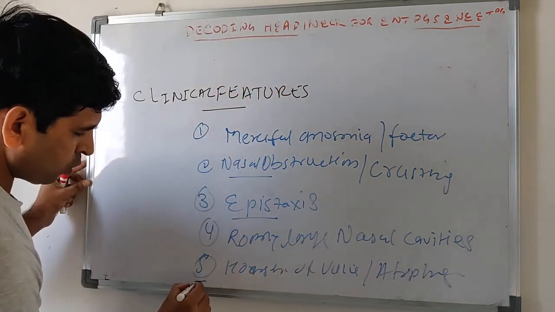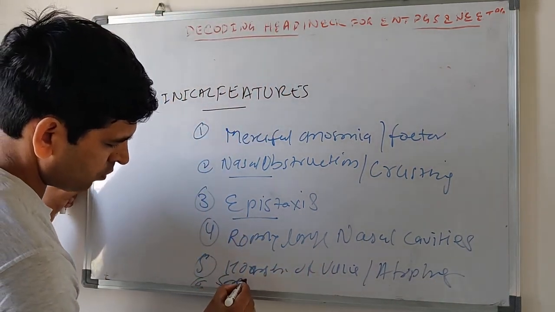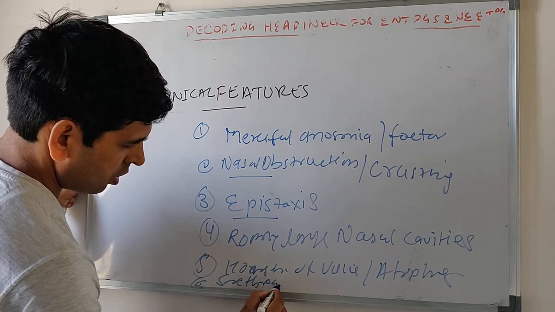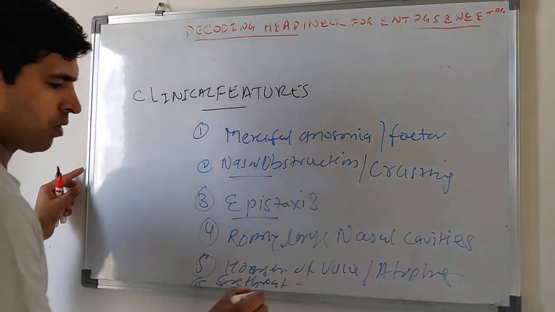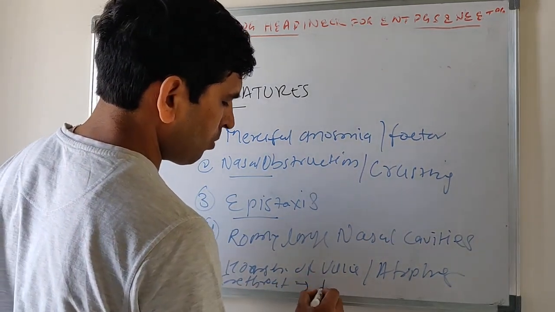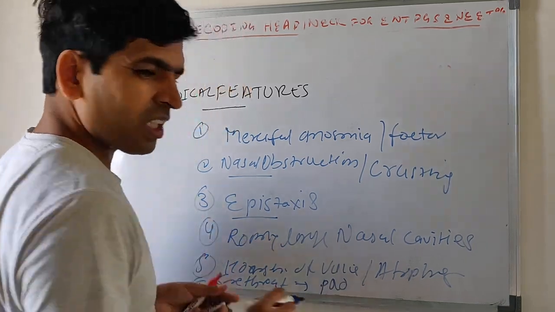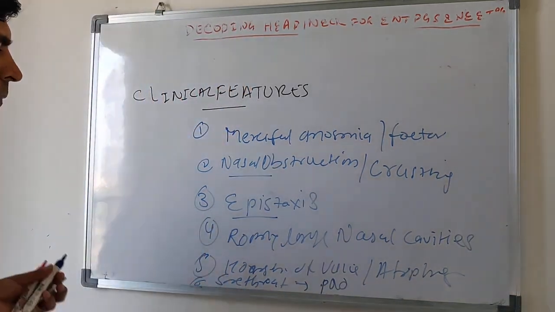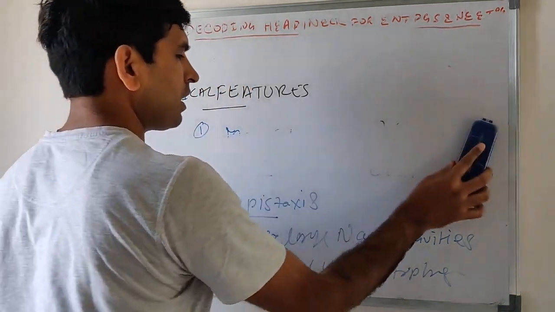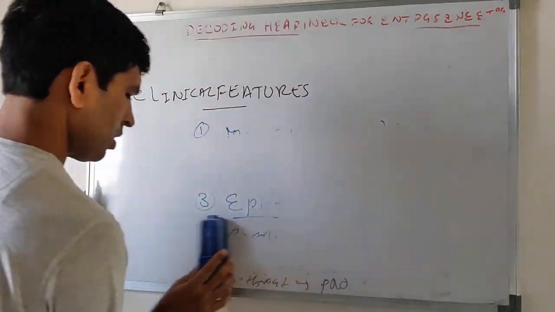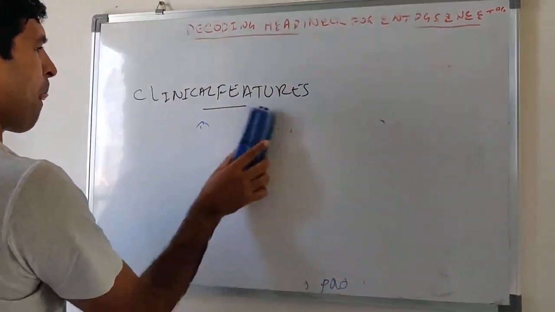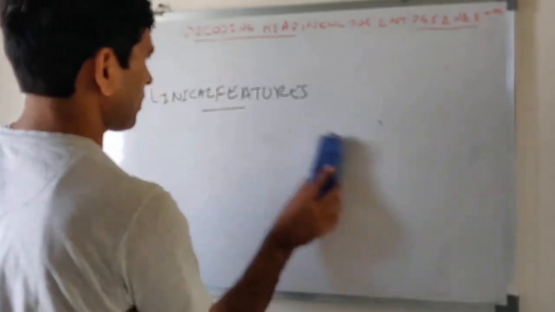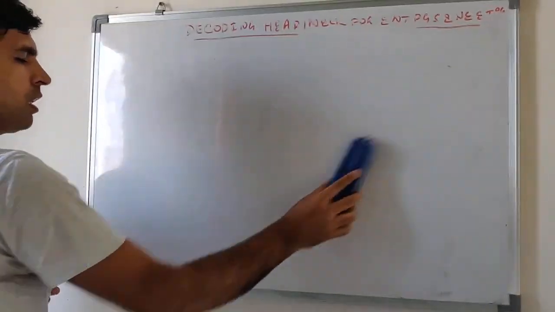There may be soreness, sore throat, due to atrophic pharyngitis, or maybe postnasal drip due to decreased secretion going to the pharynx. So these are the classical features of atrophic rhinitis. Now we will talk about